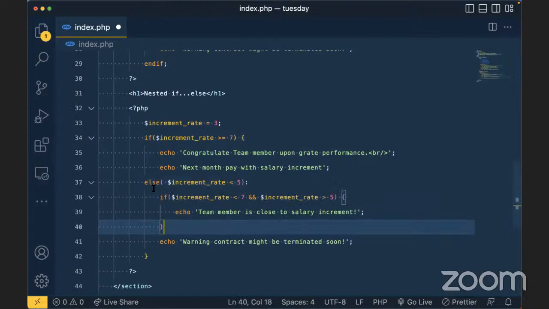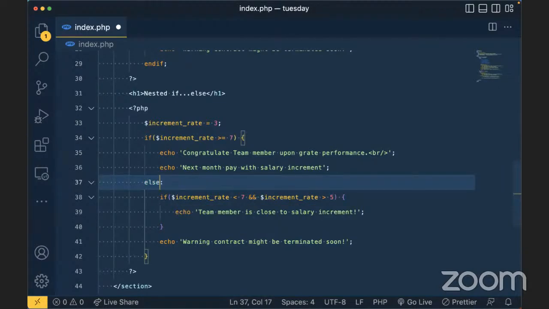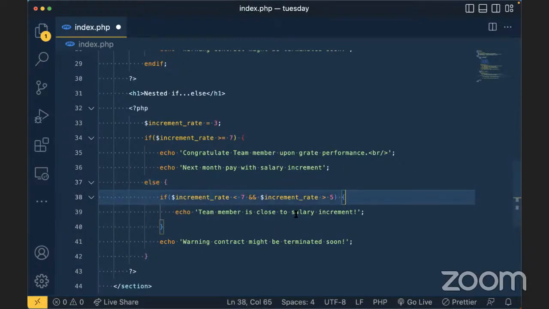So this condition moves away. And we say else, if the salary increment is less than 7 and increment is greater than 5, echo team member. Else,